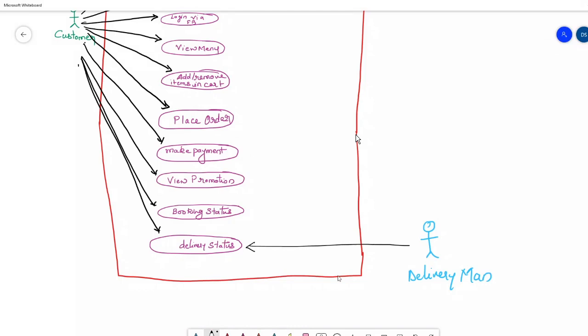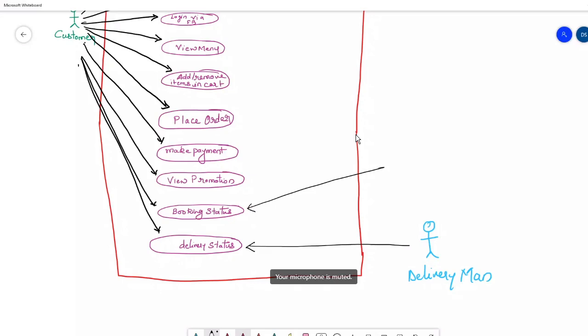Now what other actors would there be? We are talking about the booking status. When you have done the payment, they would have offered you several more things. You are checking after every 5 or 10 minutes whether it is cooked or not. So with your booking status, the person who would be connected, we can call a pizza maker,